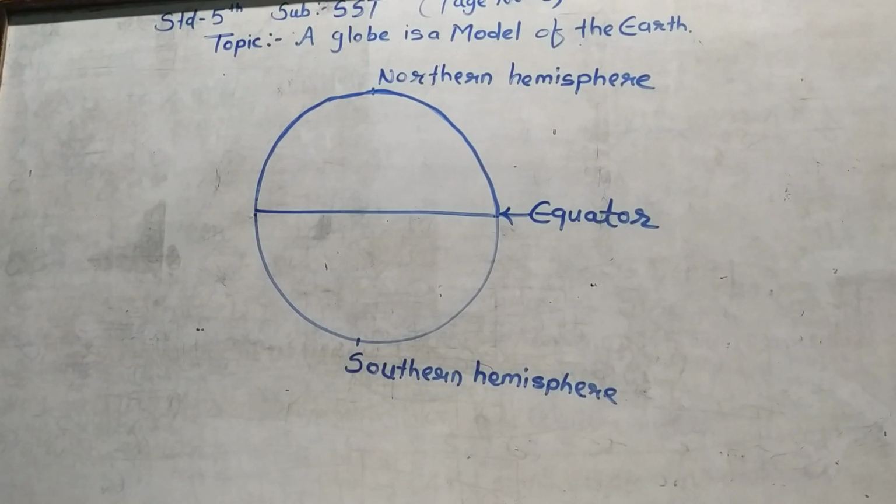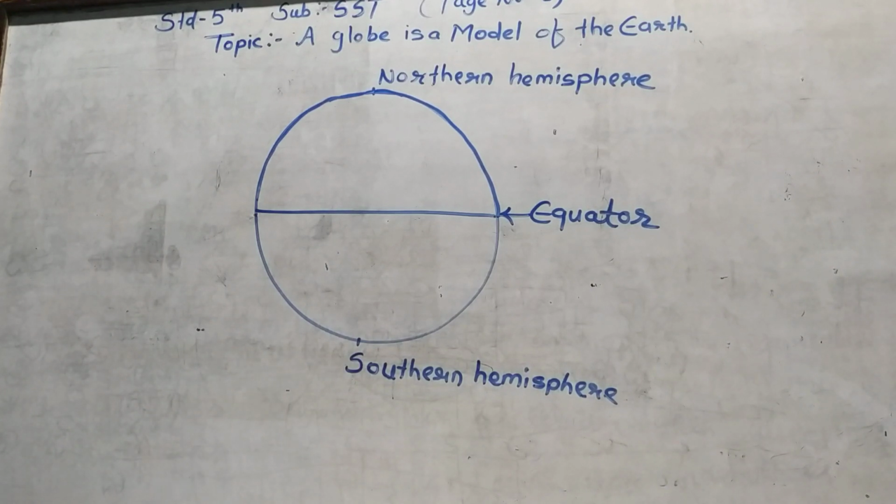When I told you about the globe, I told you that when we see the globe, you cannot see the complete globe at the same time. You can see only the front part of that globe. To see the back part of that globe, you have to turn it around, right? And we turn it around with the help of a line called the axis. By that line we can turn it around to see the other part of the globe.